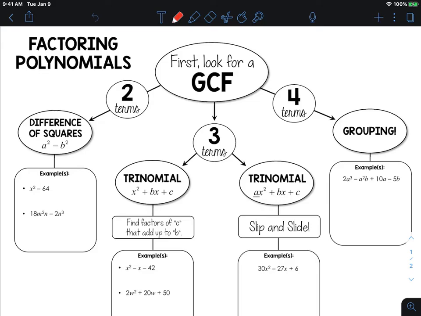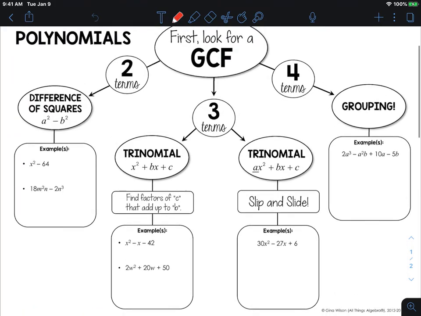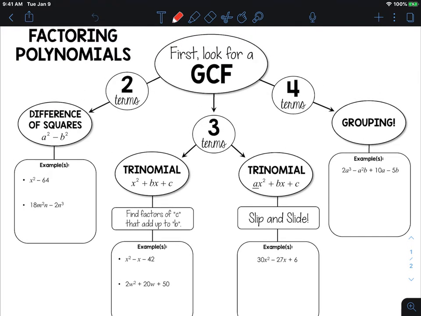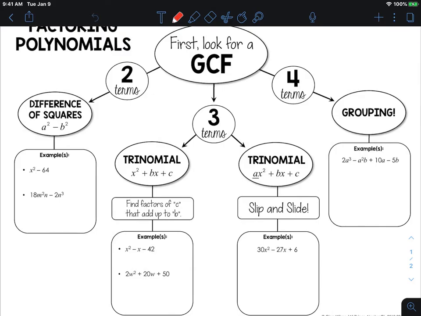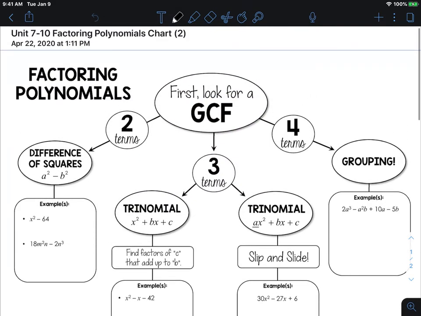And I want you to take a look at the factoring polynomials chart today. This is sort of a checklist you can always go to and look for. First thing you do with any of your polynomials that you're trying to factor is look for a GCF. What is a GCF again? A GCF is a greatest common factor. So if you can find a greatest common factor, factor it out of that polynomial, and then go to your